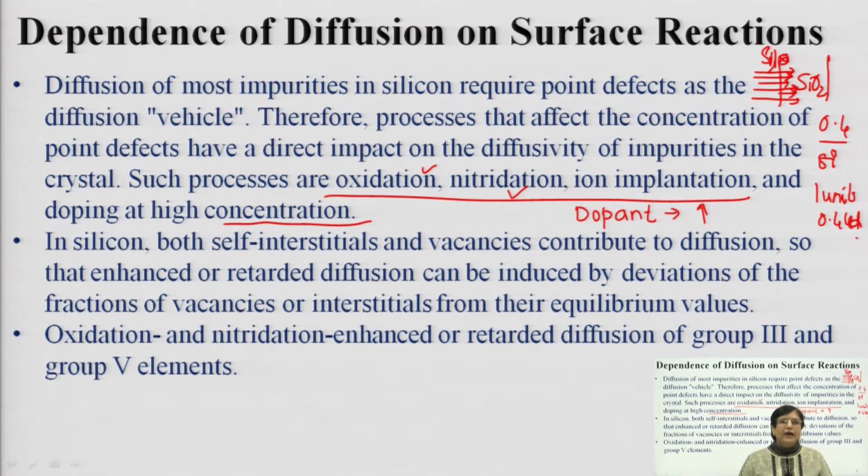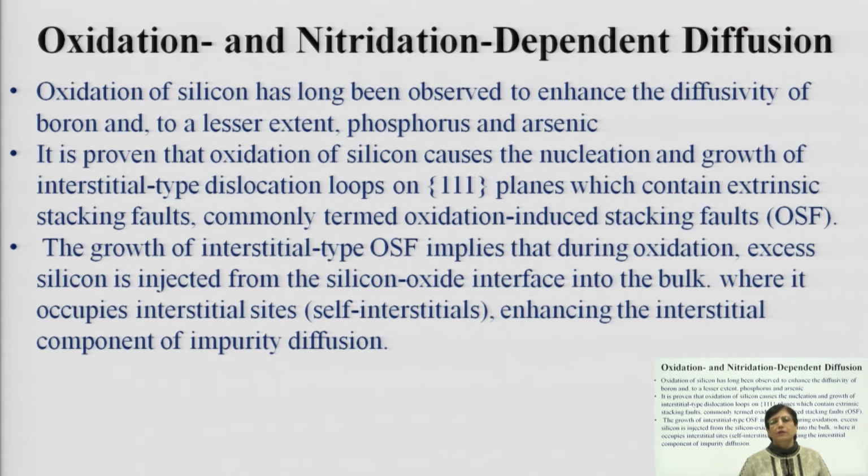Oxidation and nitridation enhanced or retarded diffusion for group 3 and group 5 elements can therefore be very easily managed. You can very well control the diffusion by using an oxidation layer or a silicon nitride layer, and you can get